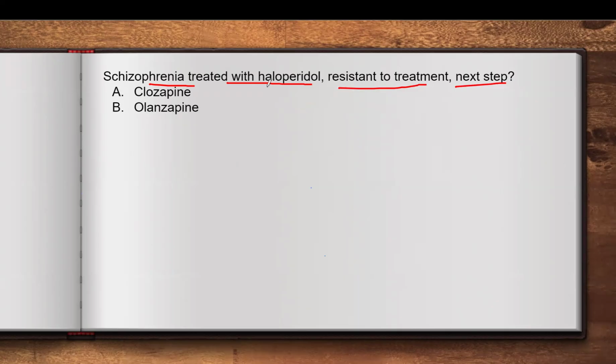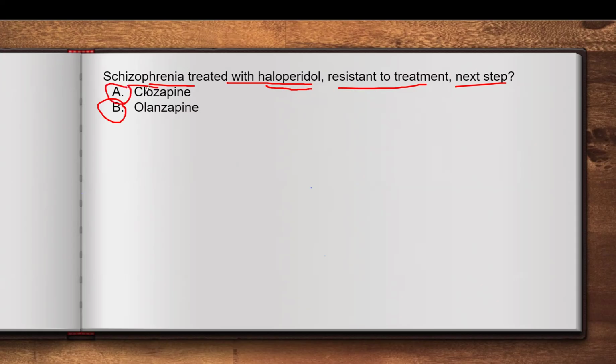So this patient has tried first generation antipsychotic. He can try second generation right now, so we can give him olanzapine. If, however, after even two or three second generation antipsychotics, his schizophrenia still does not get better, then the last resort is